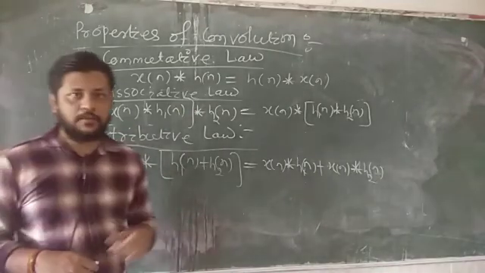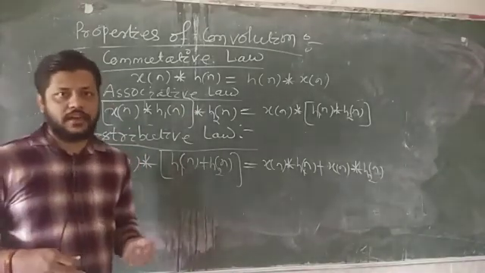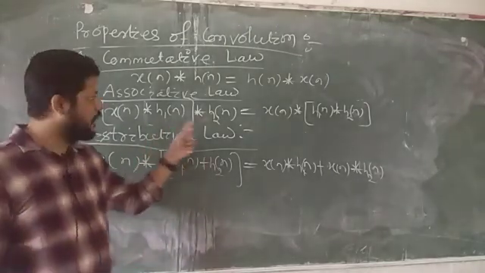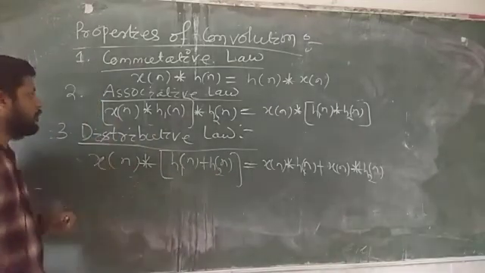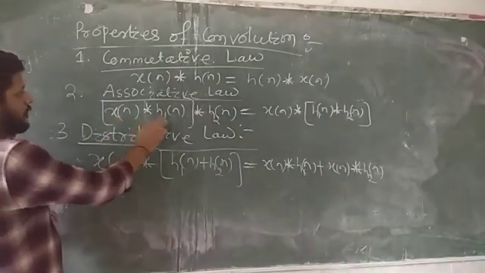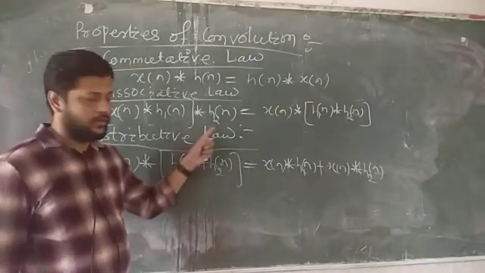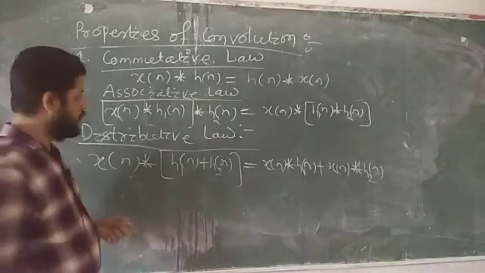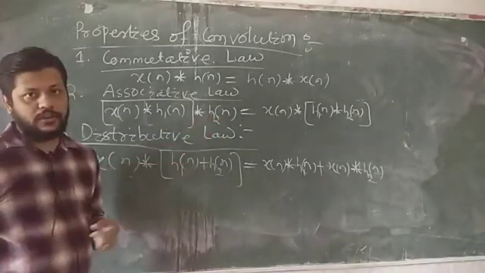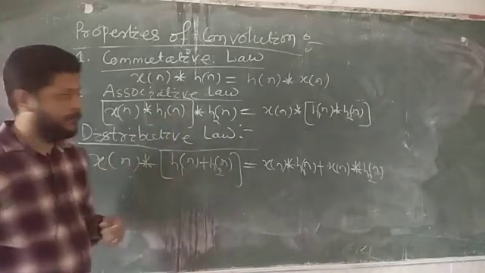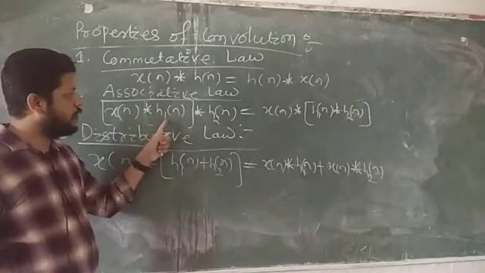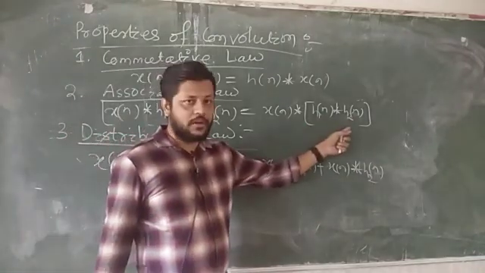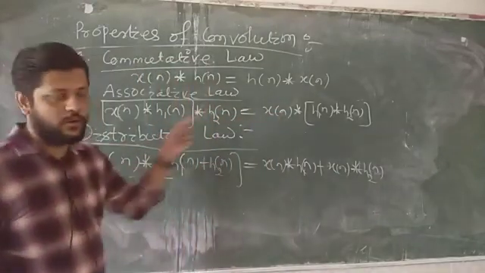The associative law is helpful when you have two systems connected in series or parallel. Suppose you have two systems with responses h1n and h2n respectively. If you convolve xn with h1n first, and then convolve the result with h2n, that must be equal to xn convolved with h1n convolved with h2n. You can see here, this is your associative law. First perform xn convolution with h1n, then convolve with h2n, which must be equal to first performing h1n and h2n convolution, then convolving with xn. The result will be the same.